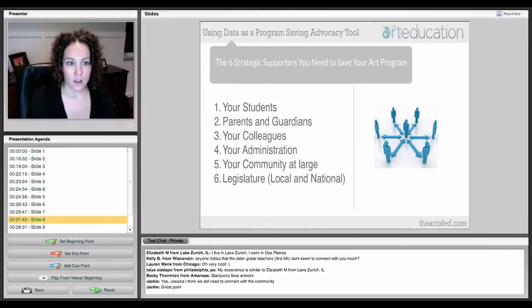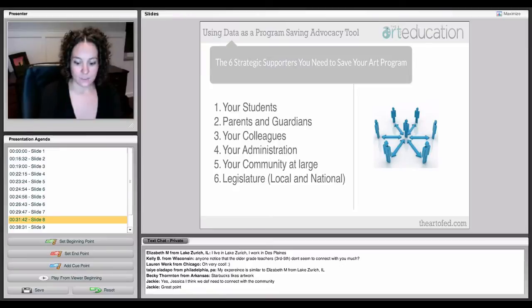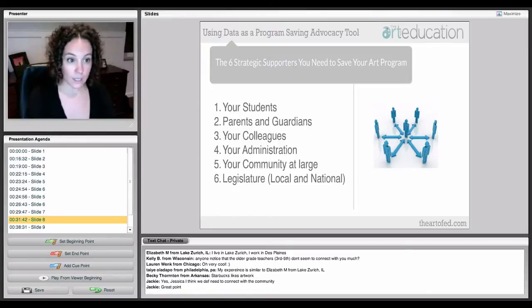We hear about this law didn't pass after the fact. Well, I didn't know that they were even voting on it. So staying up to speed on that can be tricky, but there should be an arts council or an arts advocacy group in every state that is working towards some of these measures. So I would highly recommend trying to